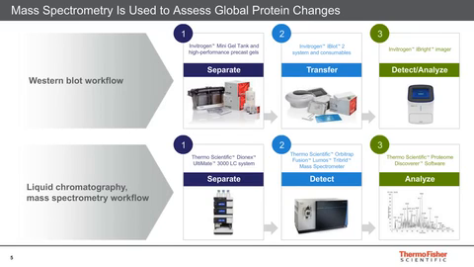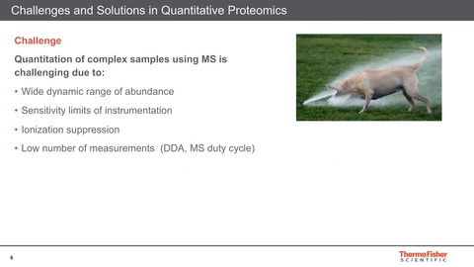Liquid chromatography, mass spectrometry, or LC-MS workflow is one technology that enables global profiling of the proteome. Most protein biology researchers are familiar with the typical Western blot workflow, which includes in-gel-based separation, transfer, and detection of proteins using primary and secondary antibodies, followed by imaging for data analysis. Mass spectrometry is similar as we separate proteomic samples with HPLC, detect proteins and peptides with a mass spectrometer, but typically analyze raw data